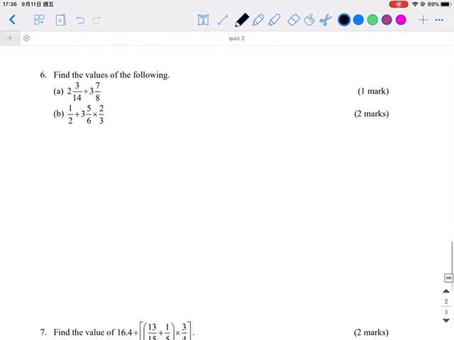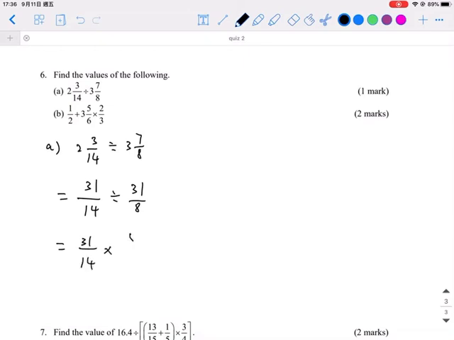So for question number 6, the last two questions. For part A, it's about calculation with fractions. So I change into improper fractions first. Okay, remember to write down the question number first. So which becomes 28 plus 3, that means 31 over 14, and then divided by 31 over 8. Just reverse the numerator and denominator, which becomes 8 over 31. So after the cancellation, you will get 8 over 14. Don't forget to do simplification. So which should be